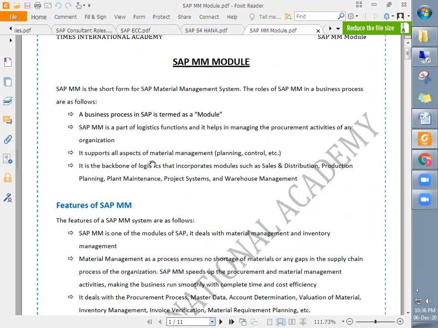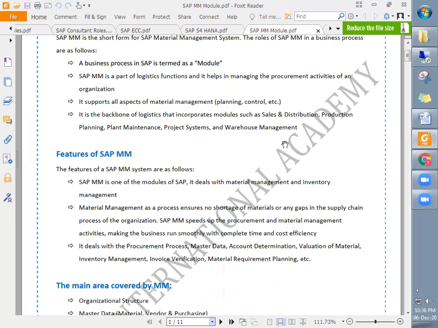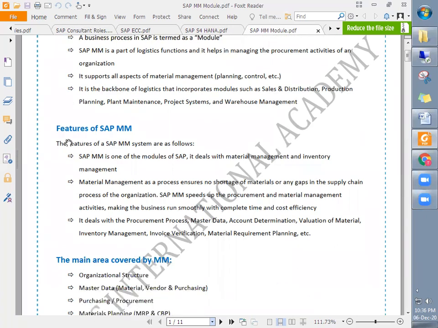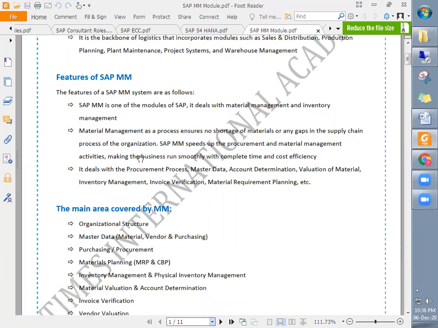It supports all aspects of materials management. It is the backbone of logistics that incorporates modules such as sales and distribution, production planning, plant maintenance, project system, and warehouse management. Talking about the features, MM is one of the modules of SAP. It deals with materials management and inventory management.